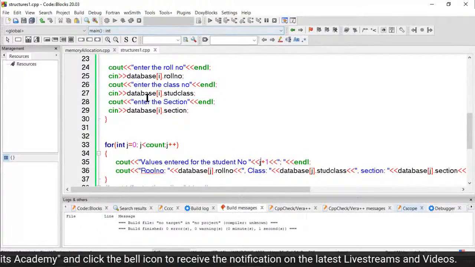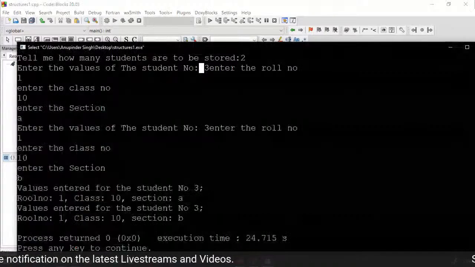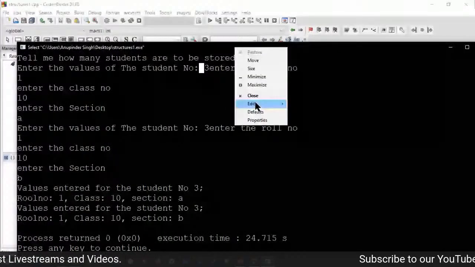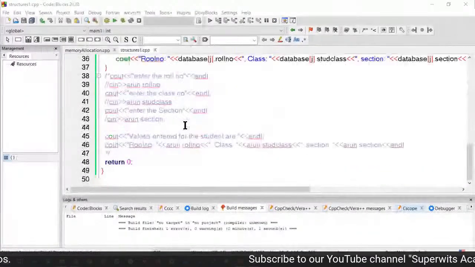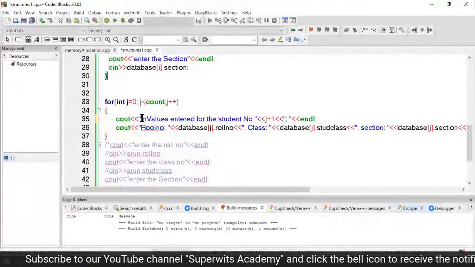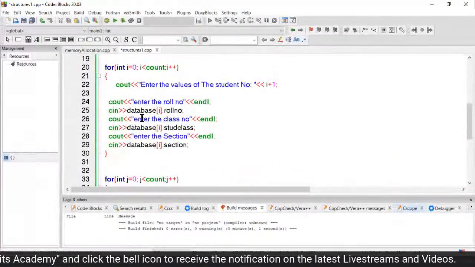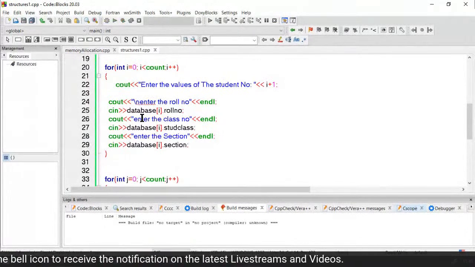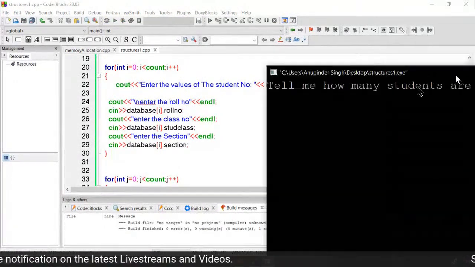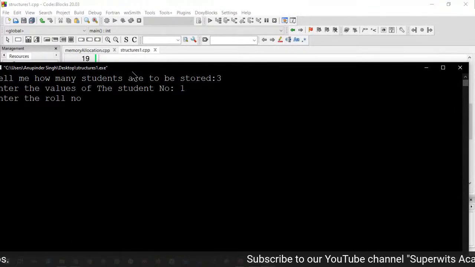So let me do this printing again for you, so that this should be more clear. I'm just going to put the new line in the front over here, and new line in the front over here, so that some more clarity we can get. So here, if you see how many students I wanted to enter,